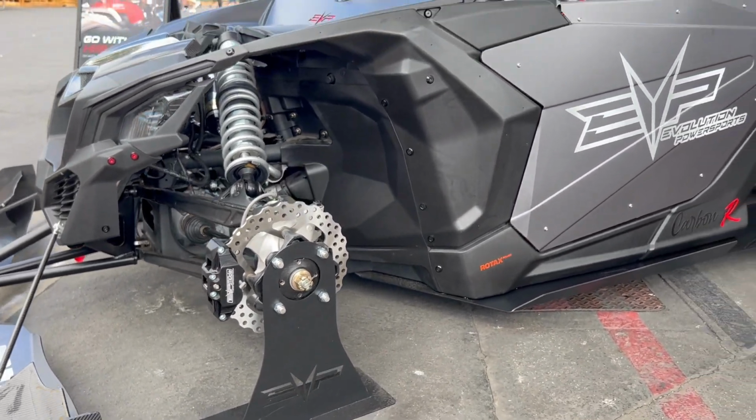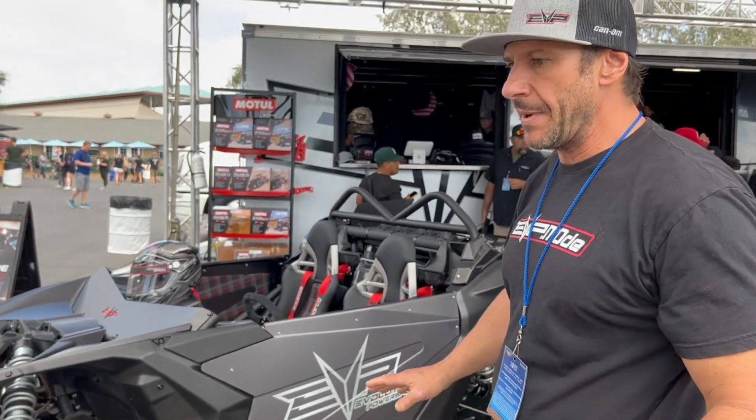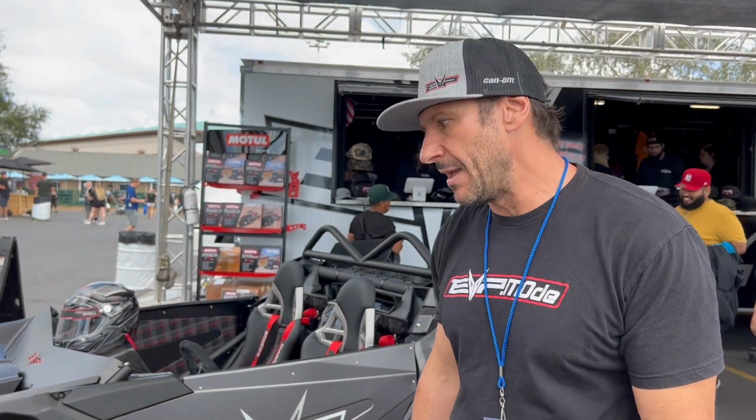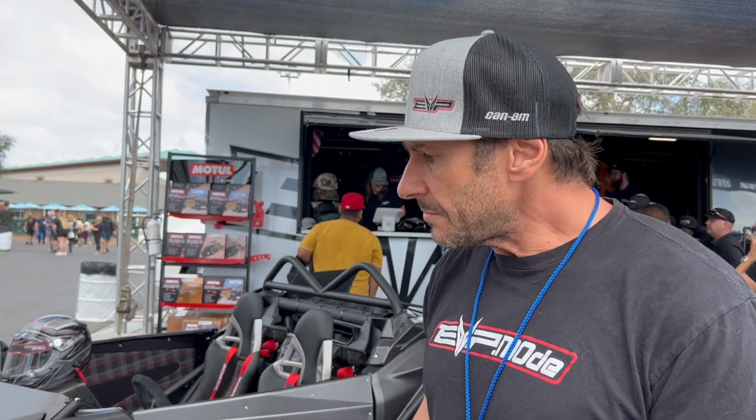We've been extensively testing this system on our desert race car, and the braking power is phenomenal. Brakes are something that's often overlooked on these X3s, and the factory braking system is not nearly good enough for some of the bigger power cars that we're making. So we've set this up to be a really good dune desert kit at a price point that I think